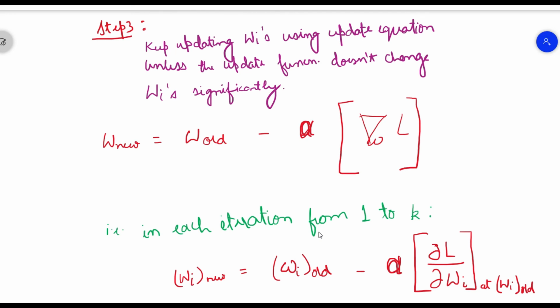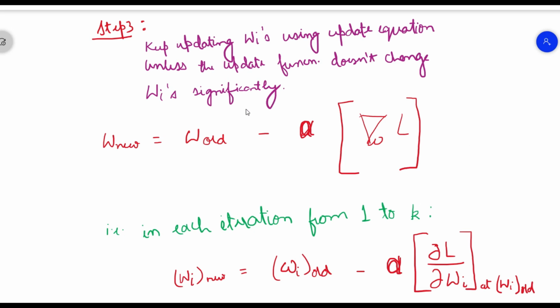The last step is about using the update equation to reach the convergence point where the update in our weight vector no longer matters. In the update equation, we take the rate of change of loss with respect to vector W, multiplied by a learning rate, and subtract this whole value from the old weight value from the last iteration. The result of this subtraction becomes the new weight vector value.